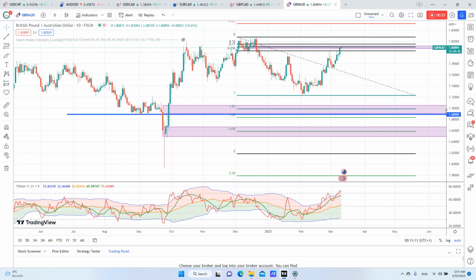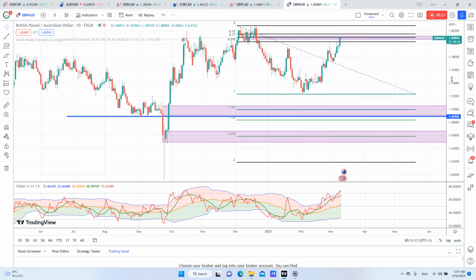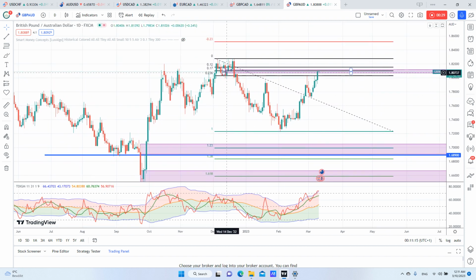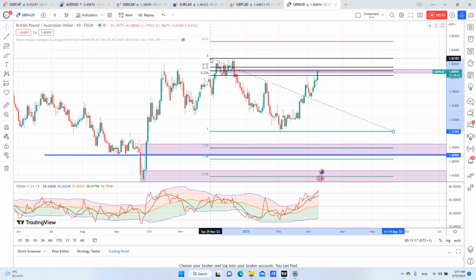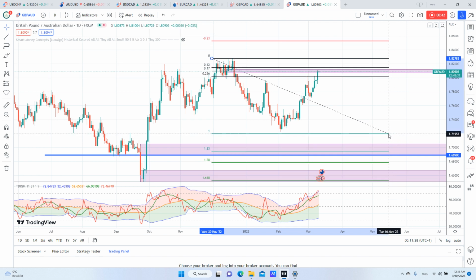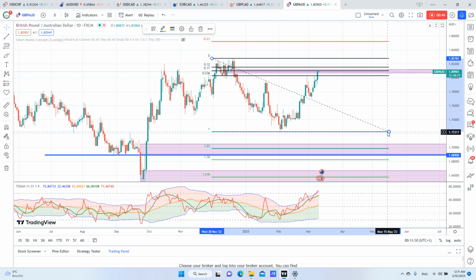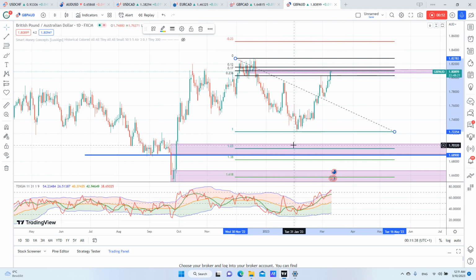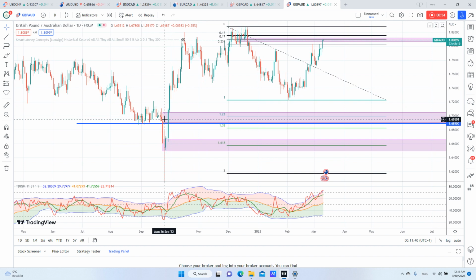We discussed this before. Now the price reached the fair value gap on the daily chart, and it's also confluent with the 83 Fibonacci level, which is a level that I personally prefer for entry. And I expect it to go down from here to the level of this fair value gap